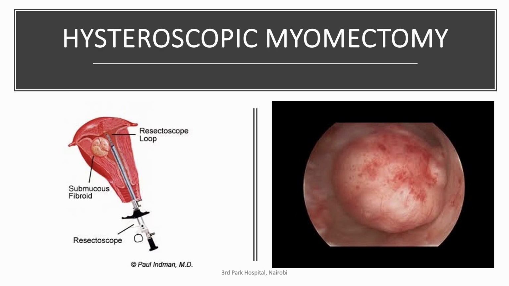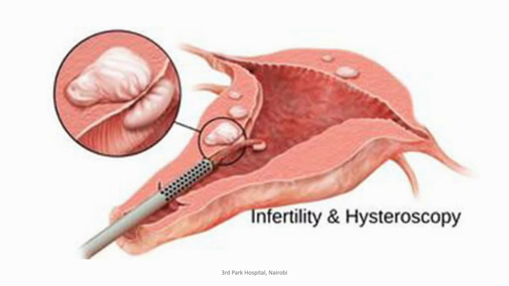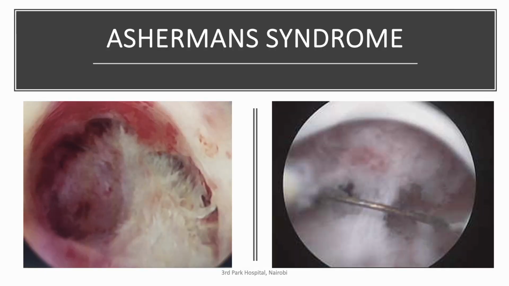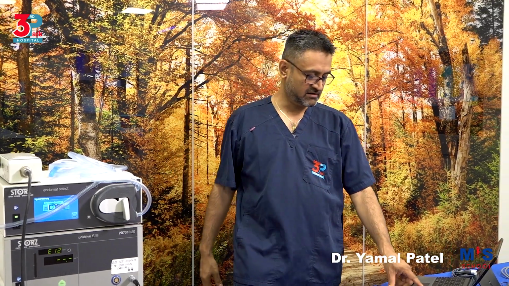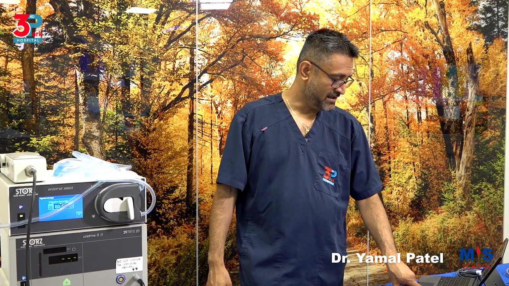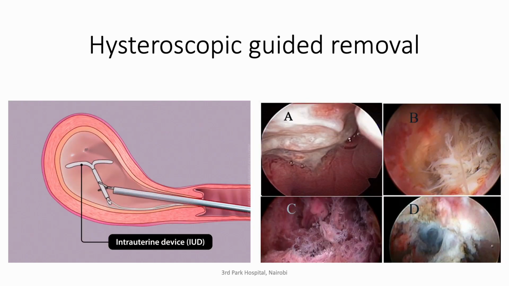You can do hysteroscopic myomectomy, hysteroscopic cervical or endometrial polypectomy, infertility assessment or pre-IVF hysteroscopy in preparation for IVF or for fertility assessment, Asherman syndrome, which happens to be one of the most tricky and difficult procedures because there are no specific landmarks that remain, septate uterus, T-shaped uterus, other abnormalities where you're doing diagnostic as well as operative, and you do metroplasty, tubal cannulation as we've discussed,